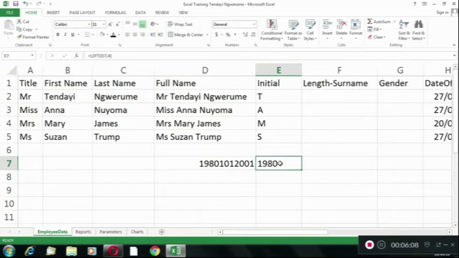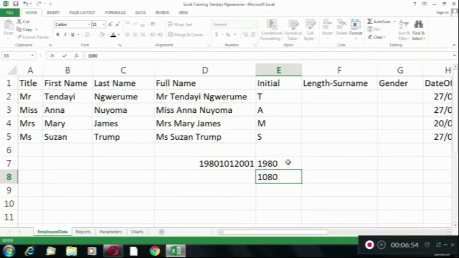At a later stage we can be a bit advanced, and we will be able to extract even the actual day and the month that the person was born, even from an ID. That is how you create a validation to make sure that an ID number which has been typed is actually valid. So if we did a left 4 on the ID number, and instead of a year like 1980, it gave us something like